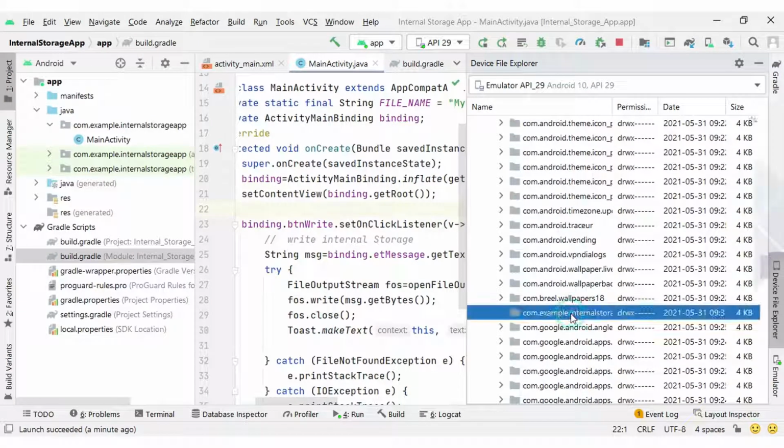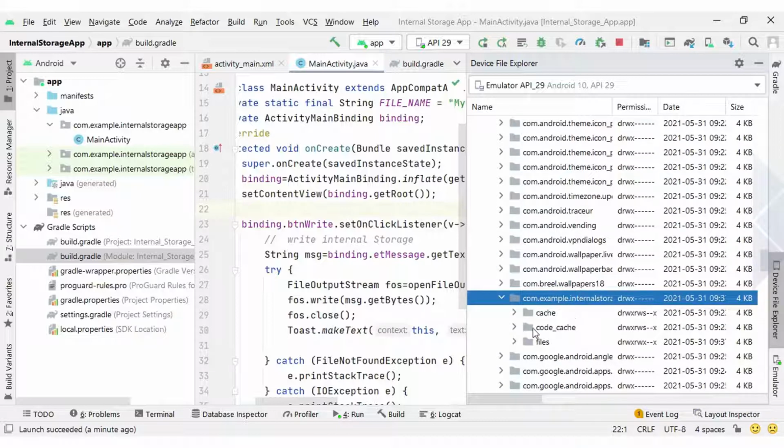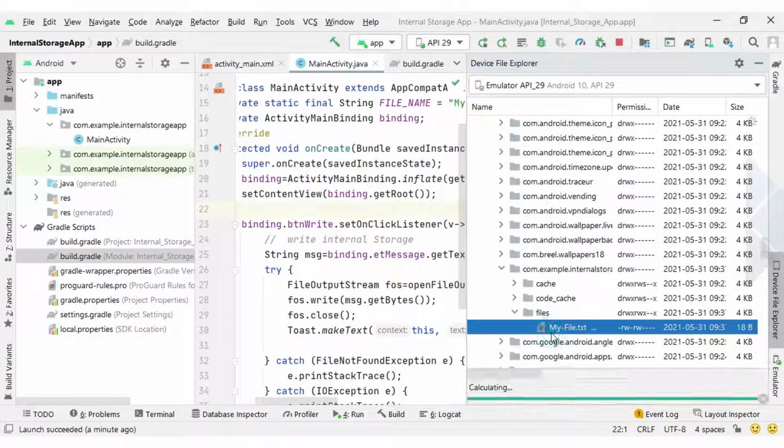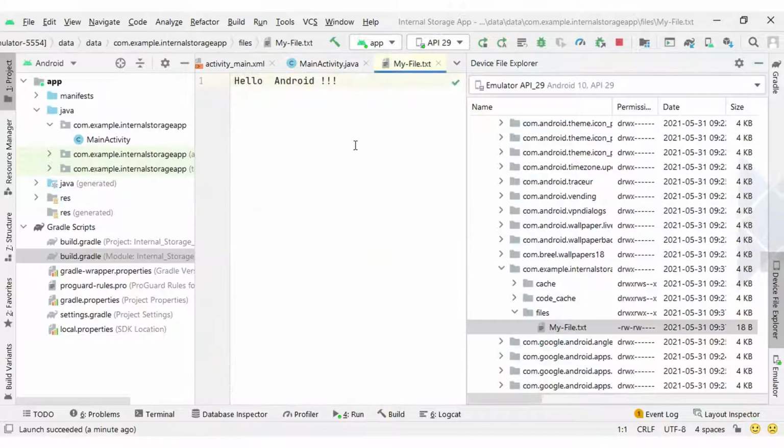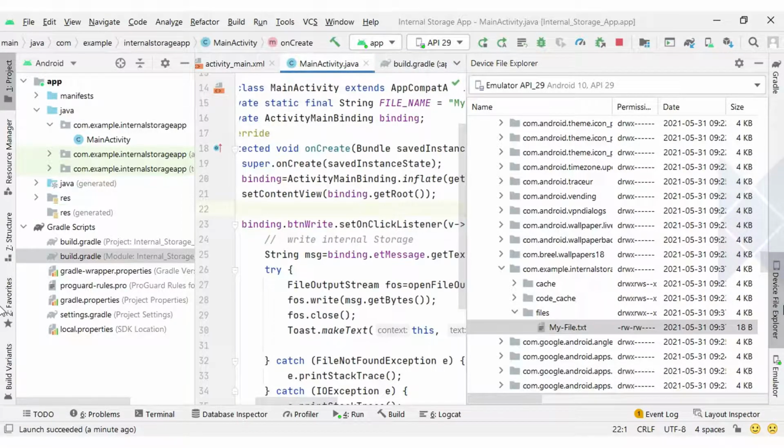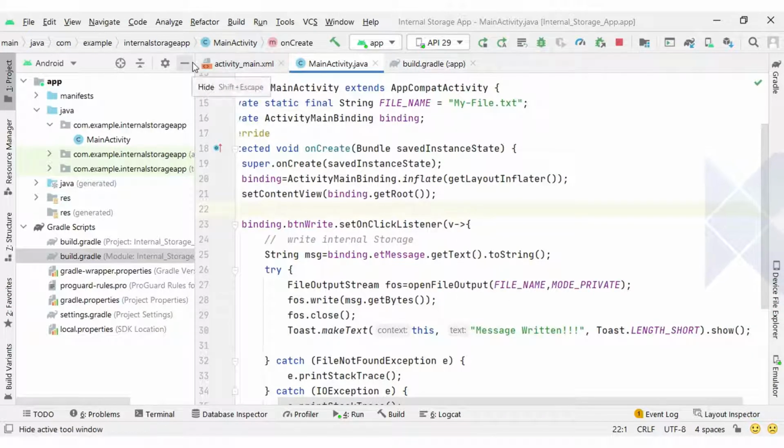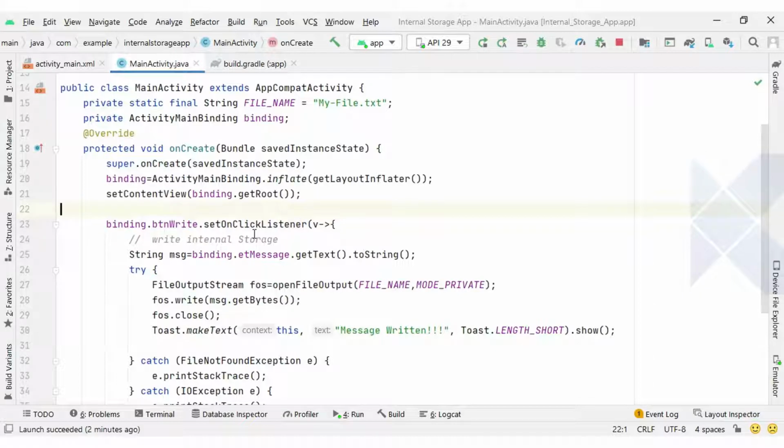Here it is, and inside this whole package we can see the files here, and here it is file. If I double click here, it will get opened here in our Android Studio. So we have successfully written internal storage text file, and this is available to our application only.